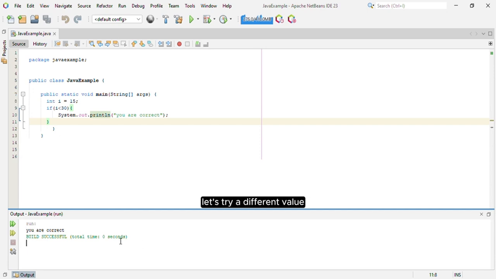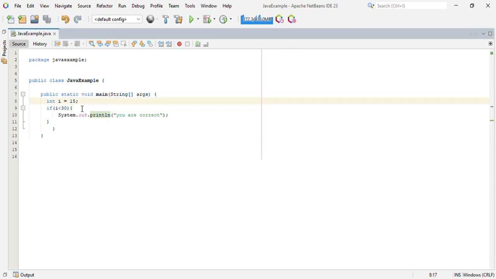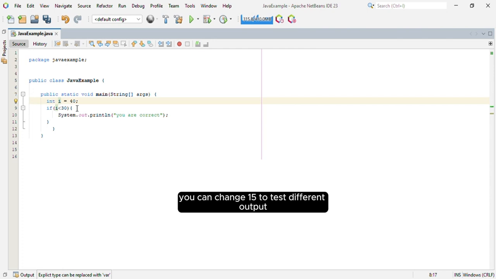Let's try a different value. You can change 15 to 40. You can change 15 to test different output.